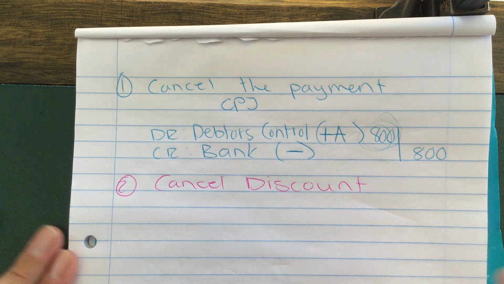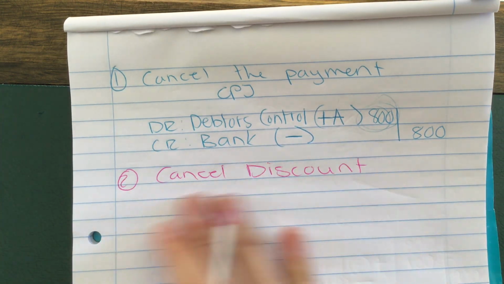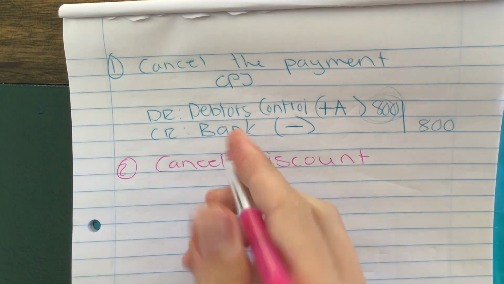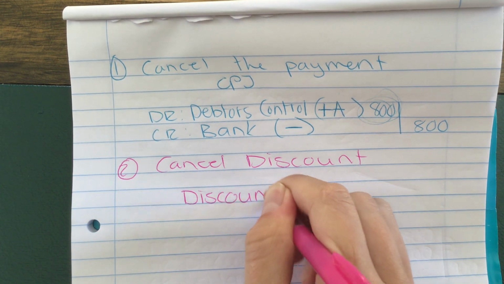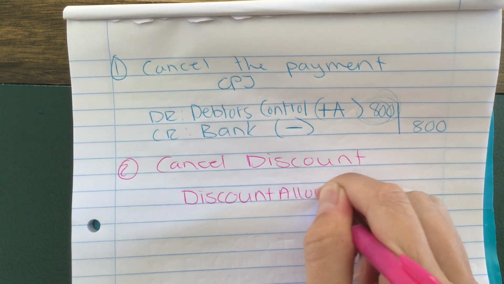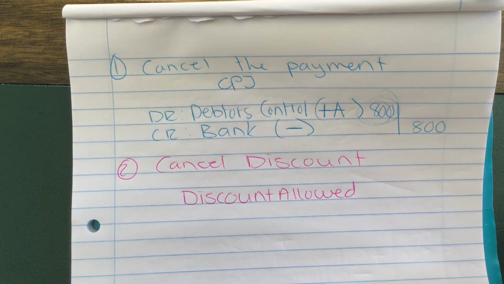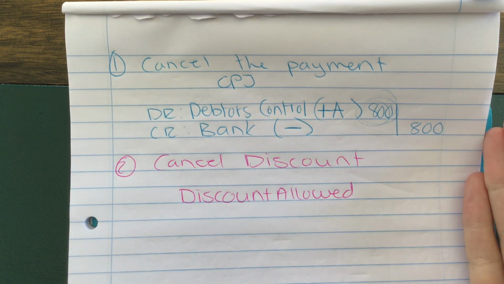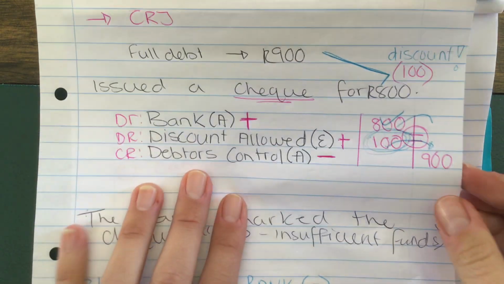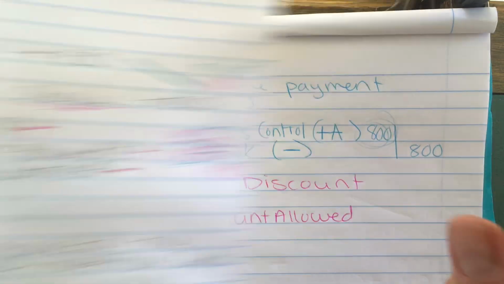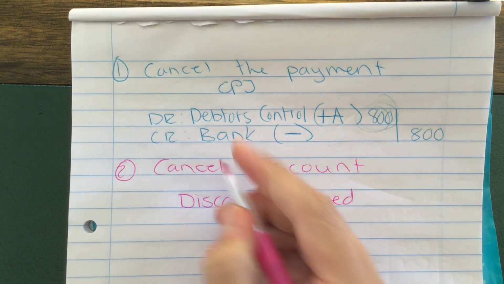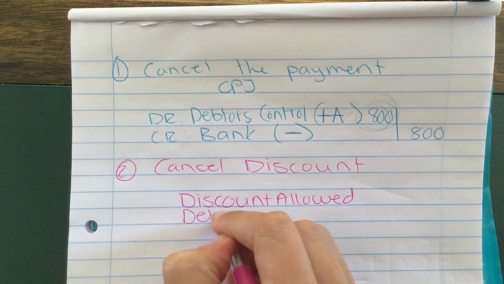Okay, so what are the 2 accounts affected? And I won't do it in debits and credits yet. Let's just figure it out. We've got discounts allowed. Okay, and what's the contra account? Who did you grant the discount to? You can see in that initial transaction, the main contra account was debtors control, because that's who you're granting the discount to. So debtors